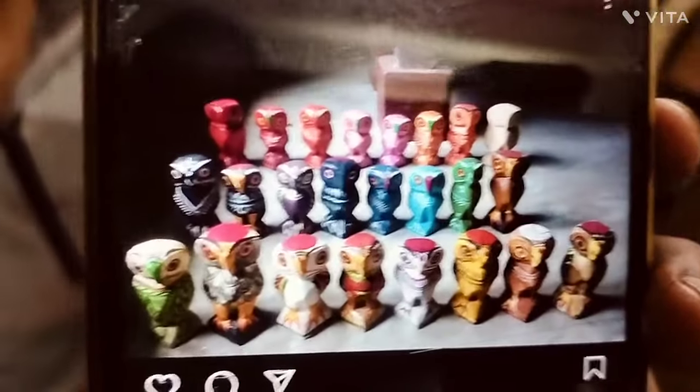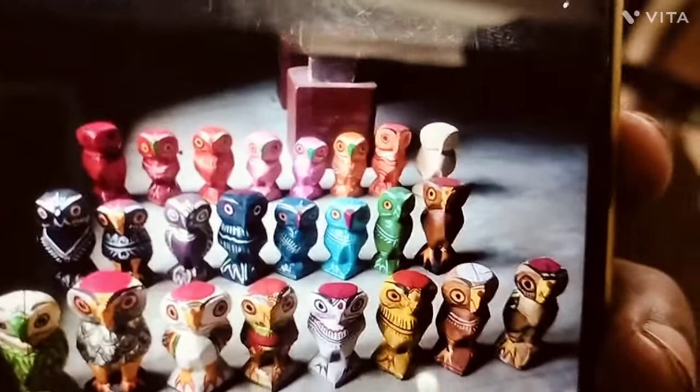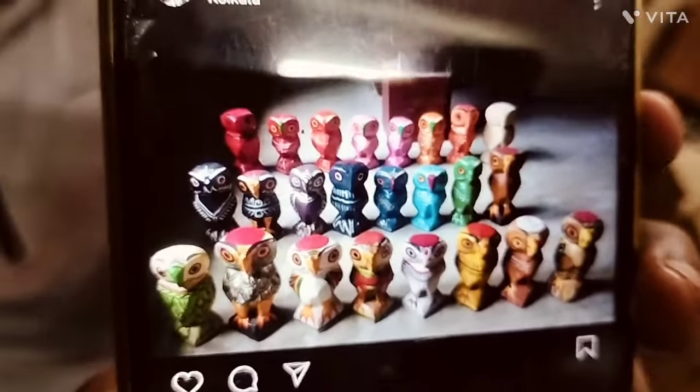To be very honest, the picture I will be showing was my source of wooden dolls from when I was 6 years old or so. You can see this is the list of wooden owls. The shape is the same, but they have different color schemes altogether. A wide range of colors, that was my interest. Whenever I see owls in different color schemes,